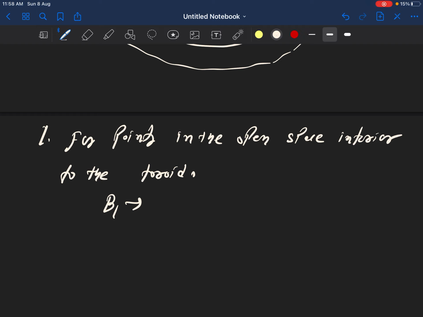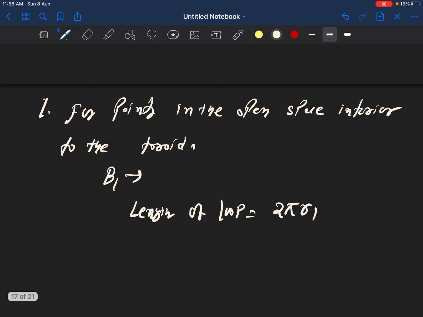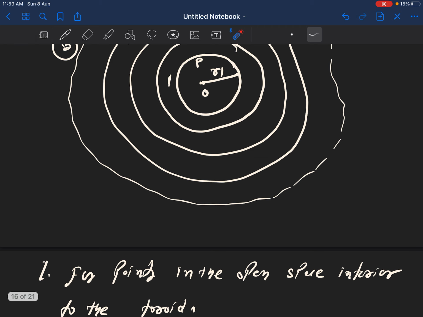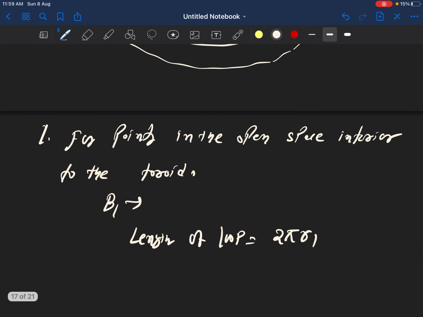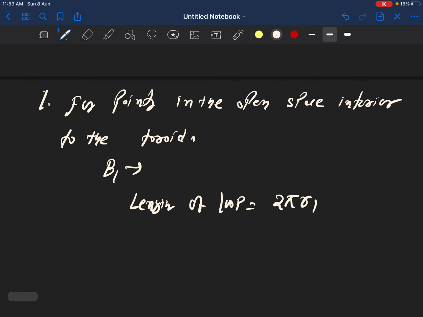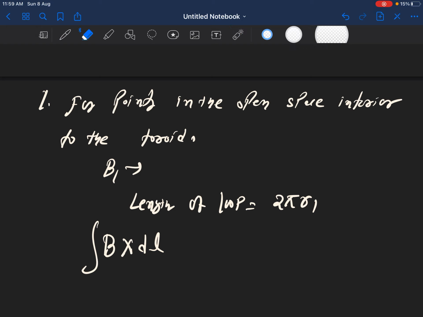Length of the loop কিমান হ'ব if the radius is small r1, then length কিমান হ'ব, twice pi r1, circumference। আৰু এই লুপটোৰ ভিতৰত কিবা কারেন্ট আছে জানো? খালি জায়গা, ইয়াৰ ভিতৰত কোনো কারেন্ট নাথাকে। সো কারেন্ট নাই বাবে, now what will be the Ampere's circuital law, কেনেকুৱা হ'ব? B into dl, okay or sorry, just write one thing directly, আমি B into total length লিখি দিও।